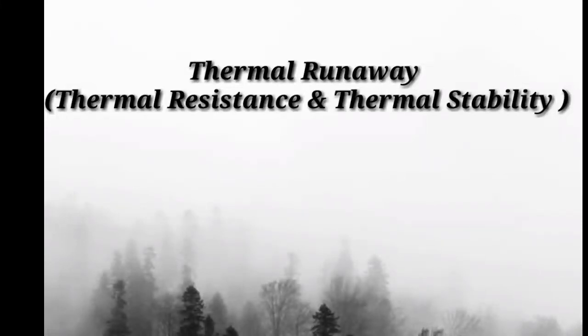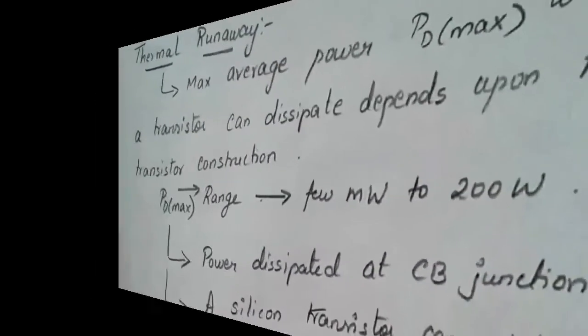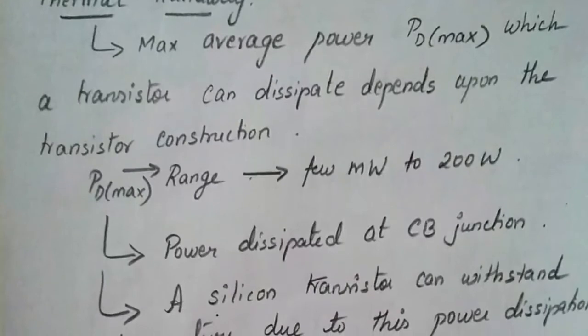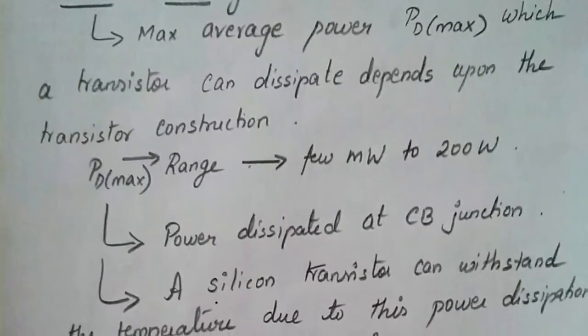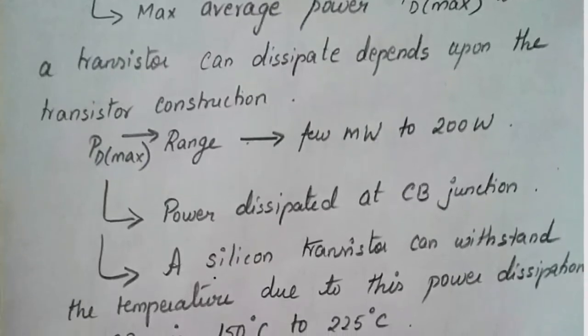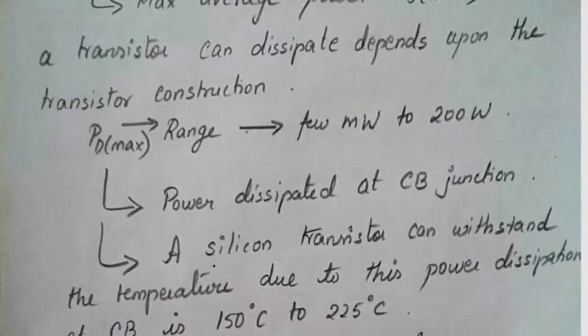Everyone, in this video we are going to see what thermal runaway is. We shall see the basic concept and we shall move on further to thermal resistance and thermal stability. A thermal runaway is the maximum average power, that is PD max, which a transistor can dissipate depends upon the